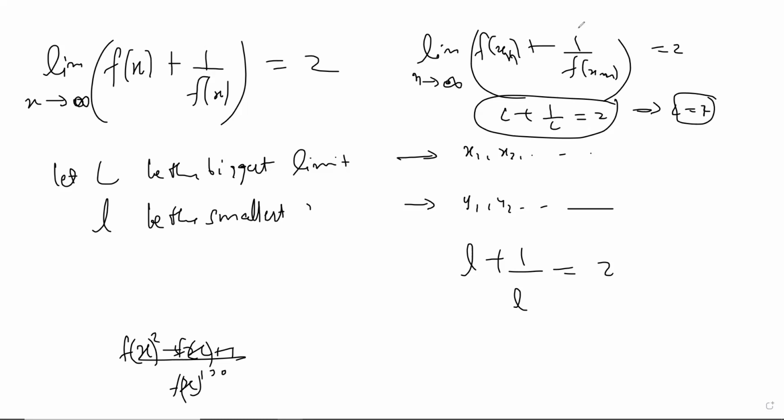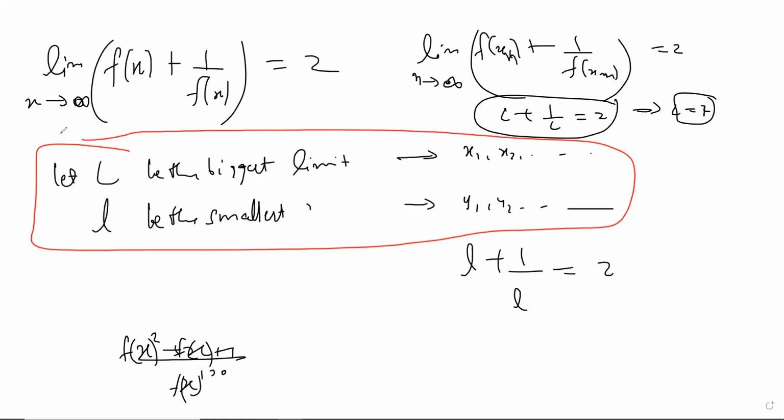Okay? But the point here is, till now we don't know if these things are real or we just imagine. What is the biggest limit? Is there any such thing as getting to the biggest limit of a function and the smallest limit? And can you actually get there by using a sequence? Yes, we have proved that because of the nature of this equation, because of this AM-GM: x plus 1 by x equal to 2 means x equal to 1, the equality case. Or you can say in terms of polynomials, because this polynomial has a unique solution, f of x minus 1 whole square equal to 0 means f of x equal to 1, right? The same kind of things. Because this polynomial has only one solution, the biggest and the smallest limits